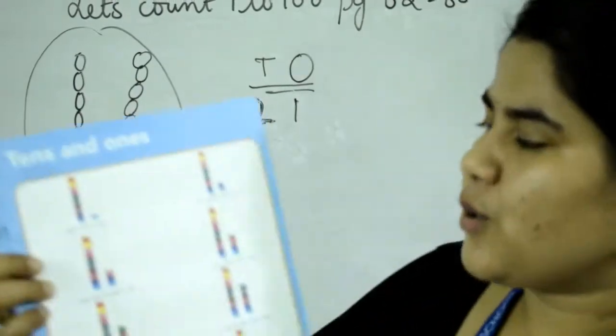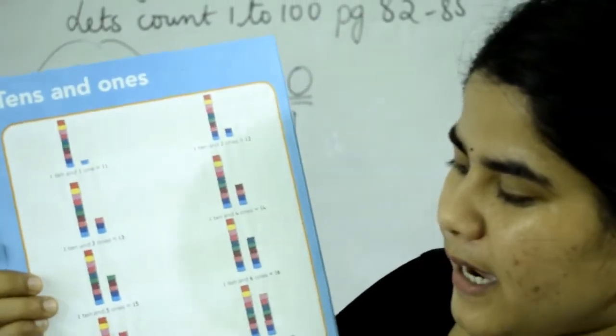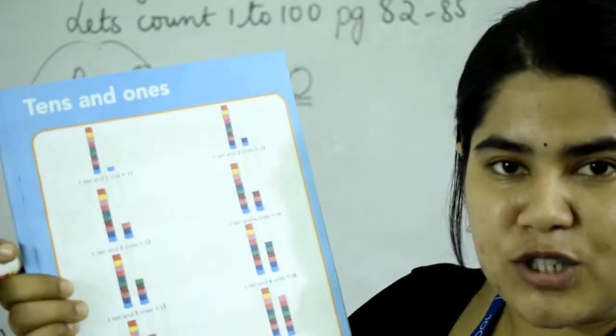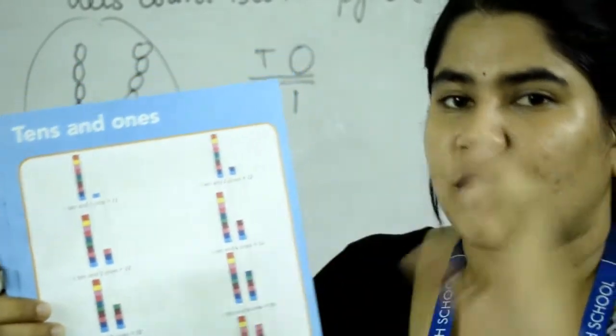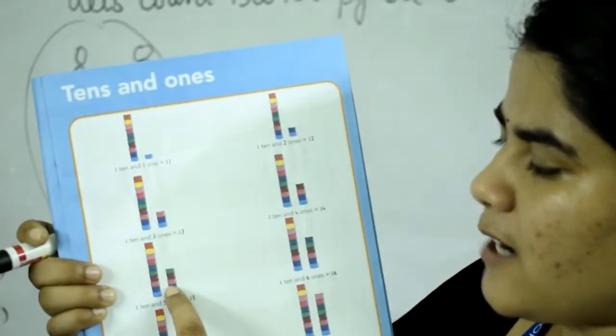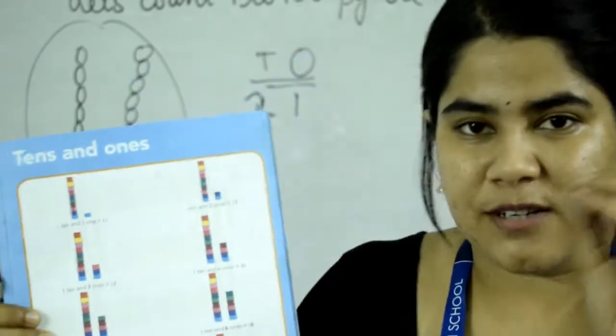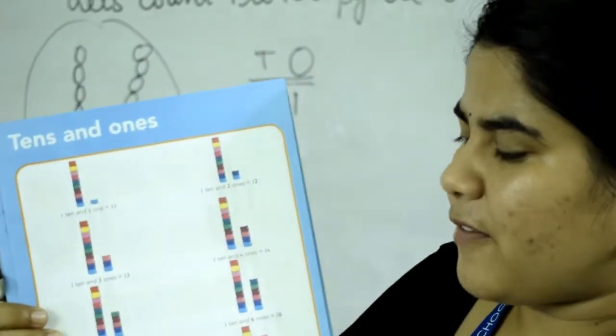Okay, so similarly the second one also, this one I'm going to show you. Okay, here ये पूरे towers को आप count करोगे ना, you will get 10 blocks. 1 tower में 10 blocks है, तो कितने tens हुए, only 1 tens. And यहाँ दूसरे जगह में 1 2 3 4 5, total 5. So यहाँ पे कितने ones हुए, 5. Okay, so 1 5 15.